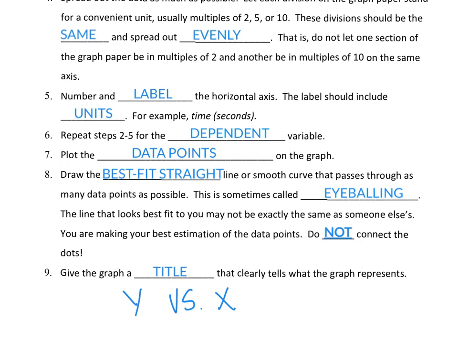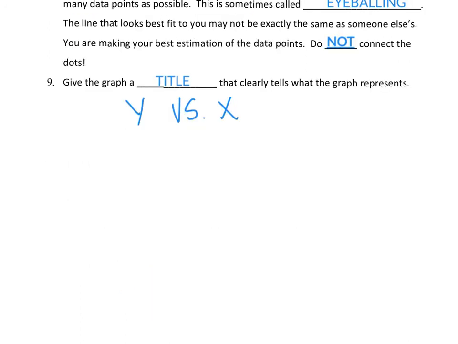But when you see instructions to plot something, it's going to say plot one quantity versus another quantity. The first quantity listed will be on the y-axis. The second quantity listed after the versus part is going to be on the x-axis. We will follow that rule all year long. So for example, if I wanted to say plot distance versus time, if it said distance versus time,